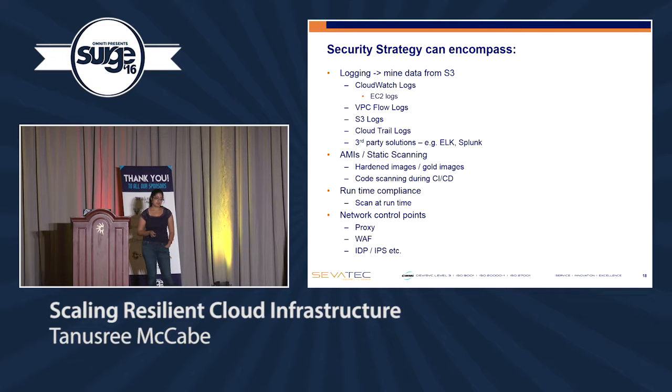And then finally, network control points. So these are points that you can monitor, that you can include as part of your infrastructure as code policies. So if you know, for example, from a proxy perspective, that it's your regulation that your traffic should never egress through the internet, it should always go through a proxy, that's, again, something that you can codify.